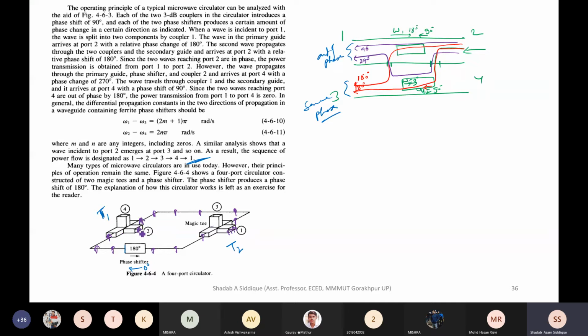So the same phase, 180 degrees, 180 degrees, both will become out of phase, so that will be cancelled. So when we apply input from port 1, this is isolated, that will not come here. So we'll get output at port 2, not at port 4. That will be cancelled at that time, and that will also be cancelled.